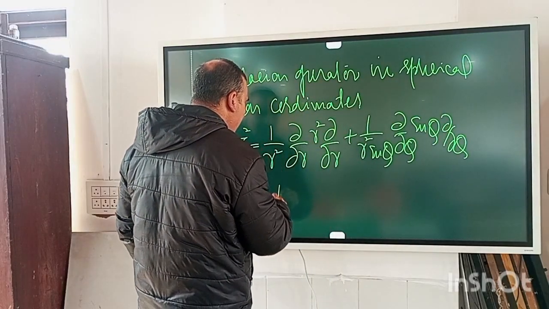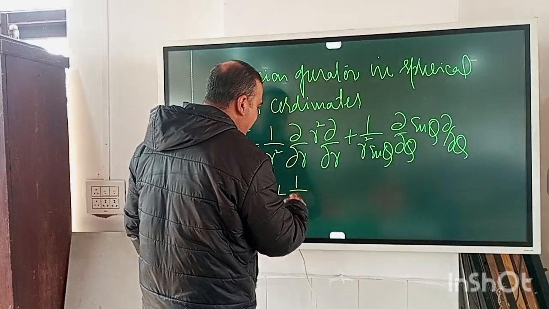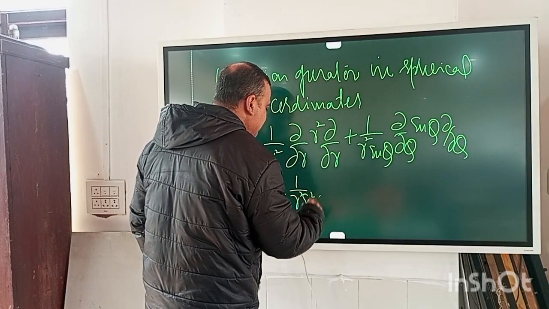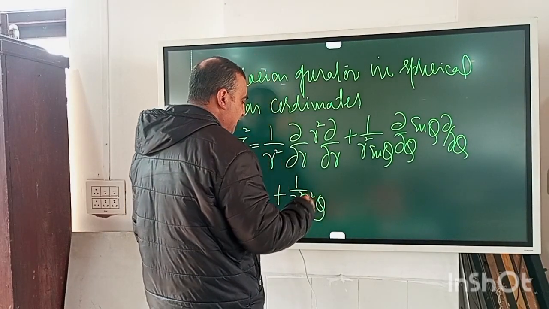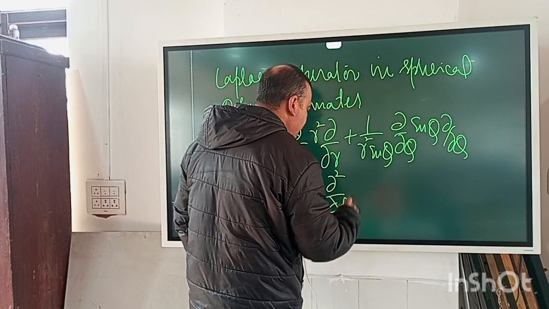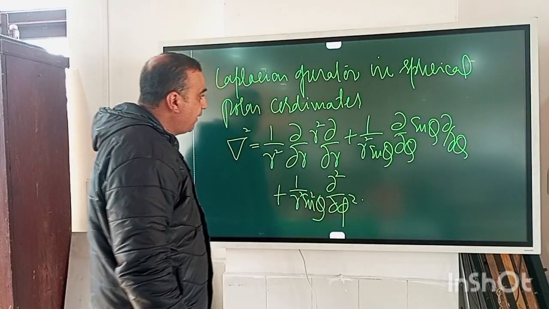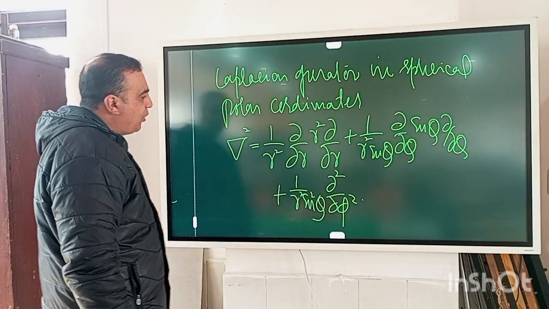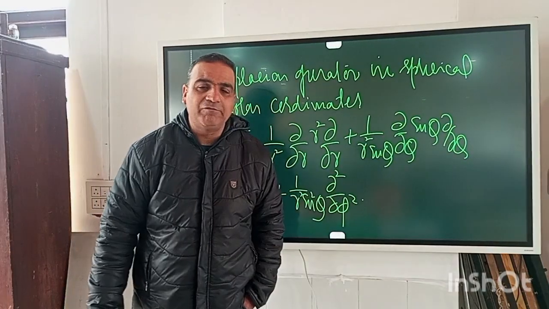The third term we have is plus 1 by r square sine square theta dou 2 by dou phi 2. This is our Laplacian operator in terms of